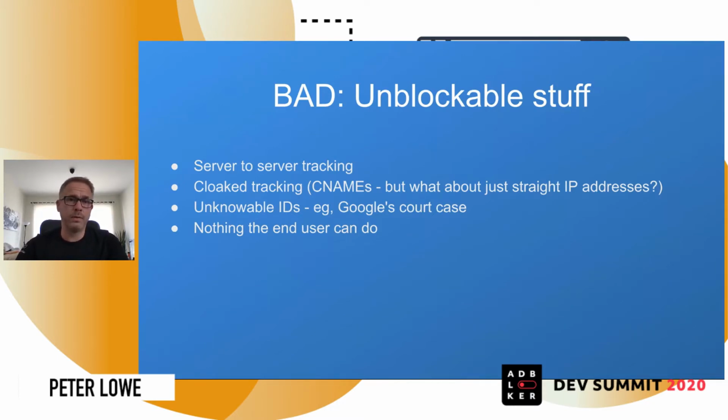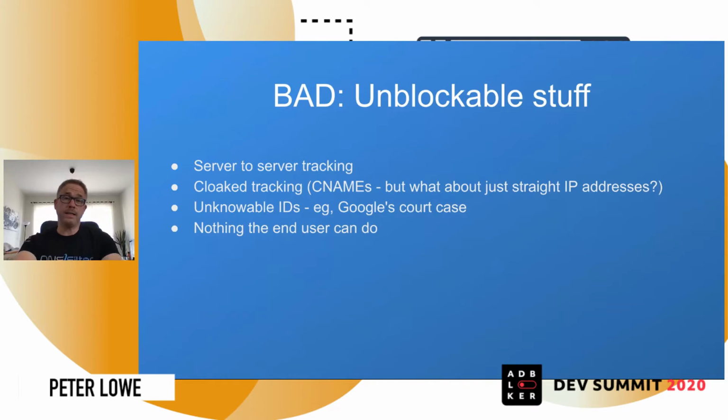Another type of unblockable, well, mostly unblockable, is cloaked tracking. It's very difficult to block. An example is CNAMEs pointing to trackers and ad servers. But another case is where a host name will just point to the IP address of an ad server. And these can change all the time, and it's almost impossible to keep up with them, and people keep on adding new ones. A lot of hard work is done by other filter list authors to keep up to date with it, but it's not possible to really kind of say, okay, I want to block this domain if something else is pointing to it.